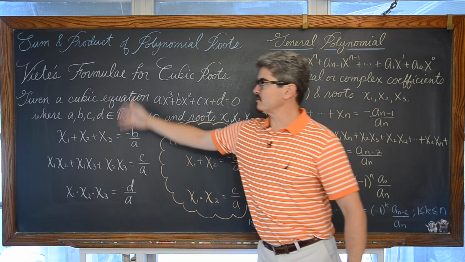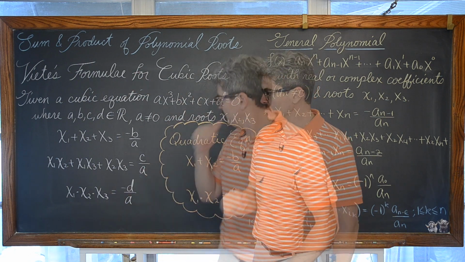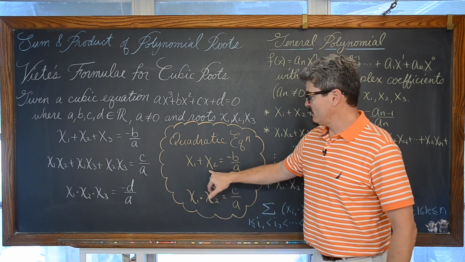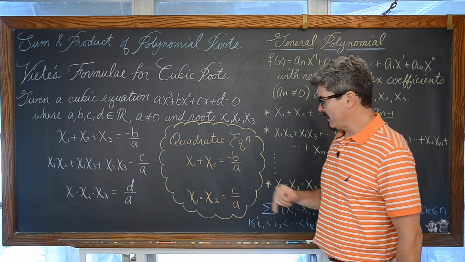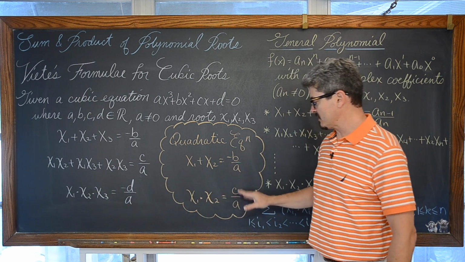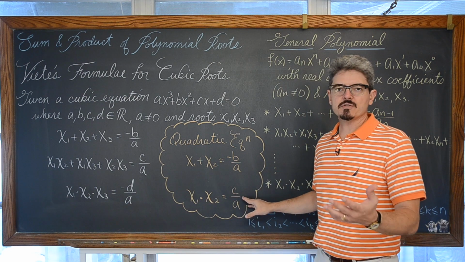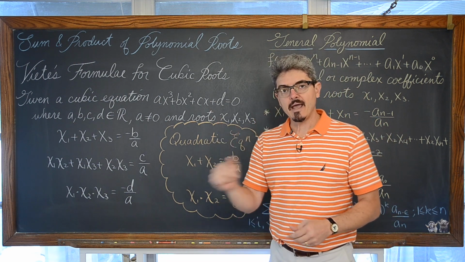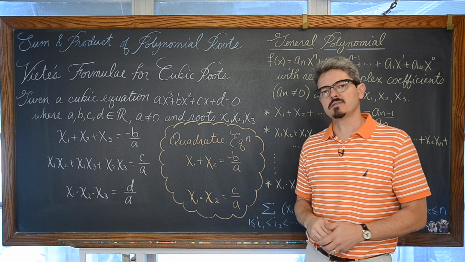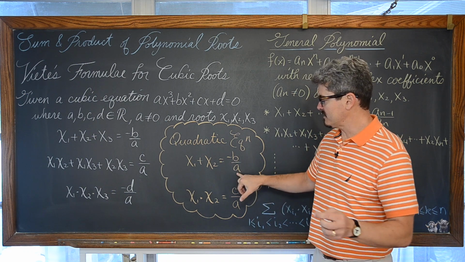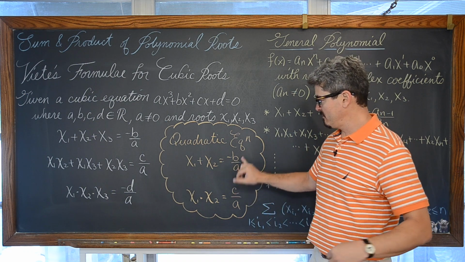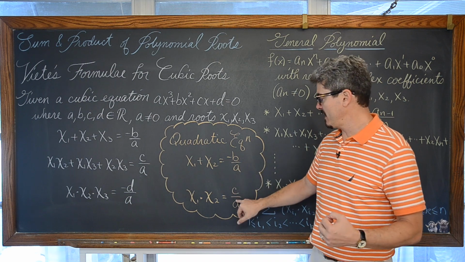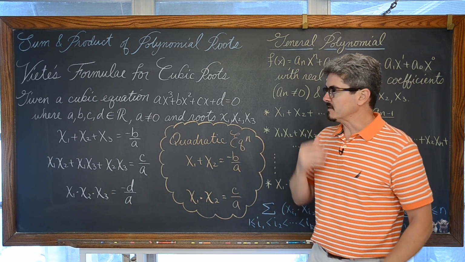We have a few formulas for cubic functions, but for a quadratic, the sum of your roots is equal to negative b over a, and the product of these roots is equal to c over a, and these coefficients are what we recognize when we look at the general form of a quadratic: ax squared plus bx plus c is equal to 0, where a is the coefficient of the squared term, b is the coefficient of the single degree term, and c is our constant.